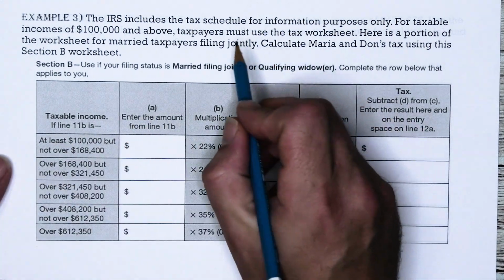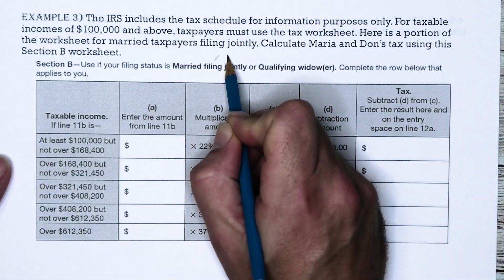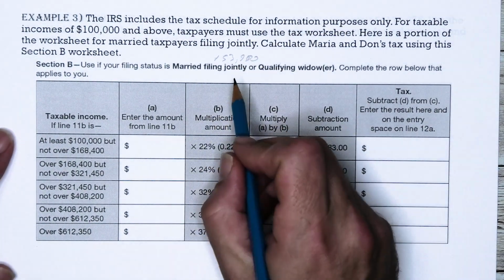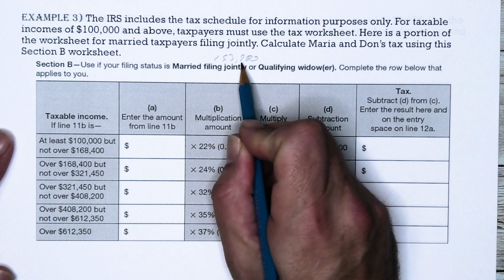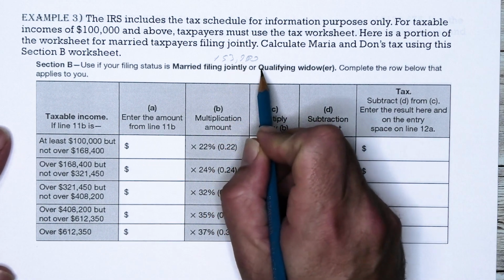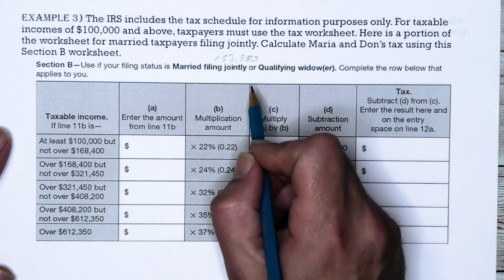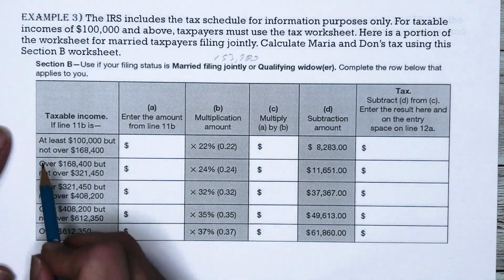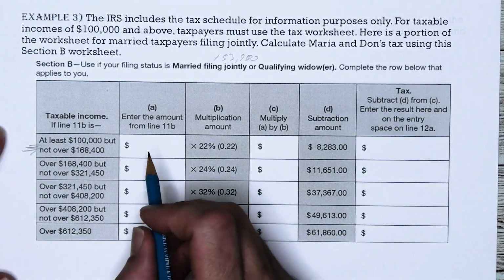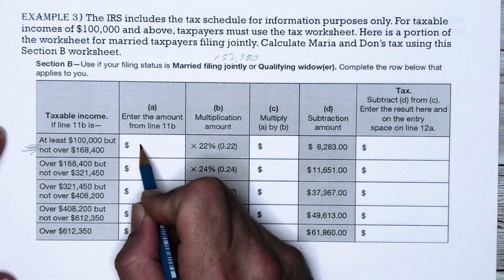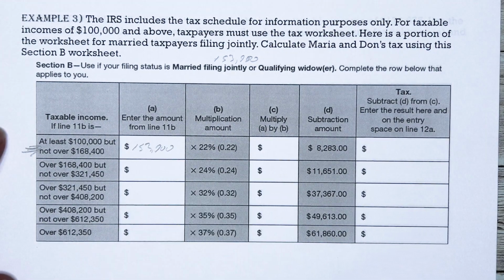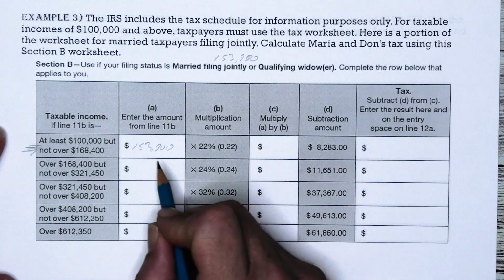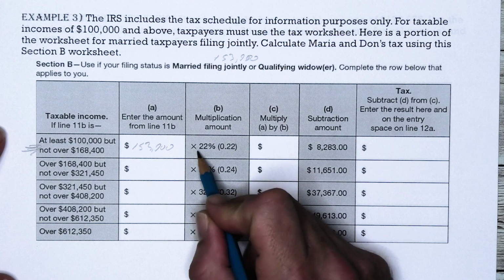The thing to remember is that Maria and Don in example 2 had a taxable income of $135,900. Maria and Don's taxable income of $135,900 is at least $100,000, but not over $168,400, as indicated in the first line of the worksheet. To calculate their taxes, they enter the taxable income in that line of the column. Column B asks them to take 22% of their income, and this is multiplying their income by 0.22